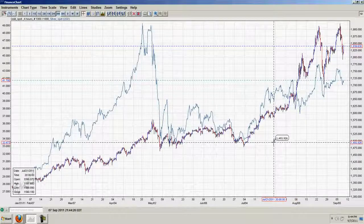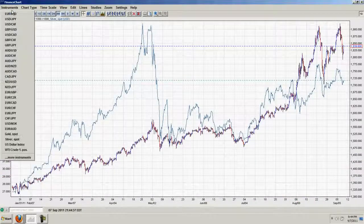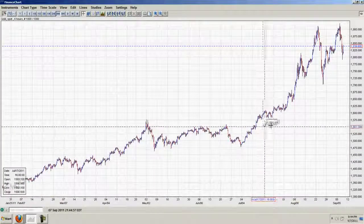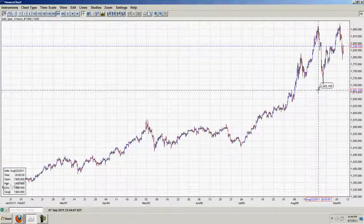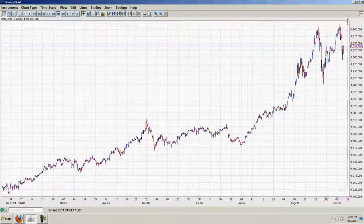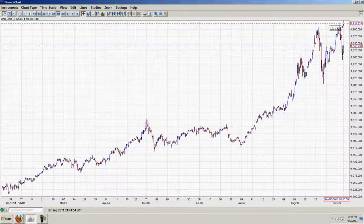So these are wild markets. They do what they want to, and they do it very quickly. If you go right to the gold chart, you can see we've had just insane movements in price. Believe it or not, this last smackdown here from about when we touched above 1920 into new all-time highs,